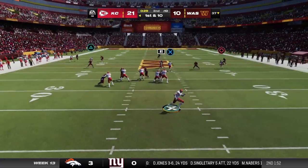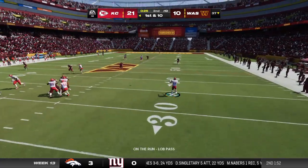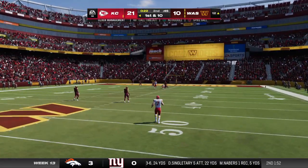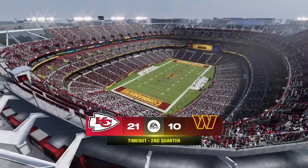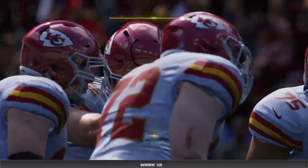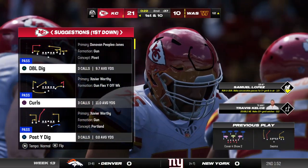Here's Lopez on first down. Flushed out right. Now on the run. He'll throw it back deep over the middle. A fight for it, and this is caught. It's caught indeed. Now another timeout called for by the offense as it comes with 22 seconds to go here